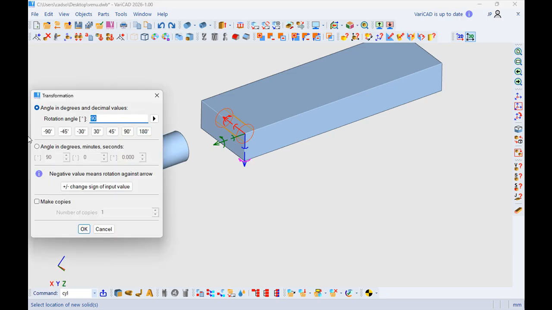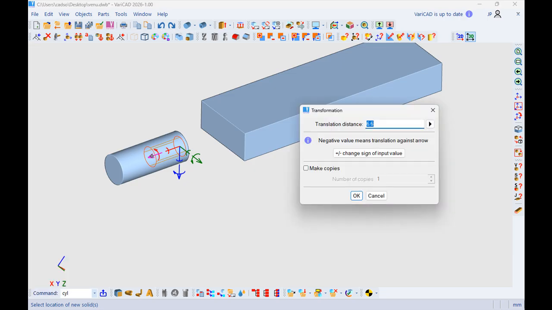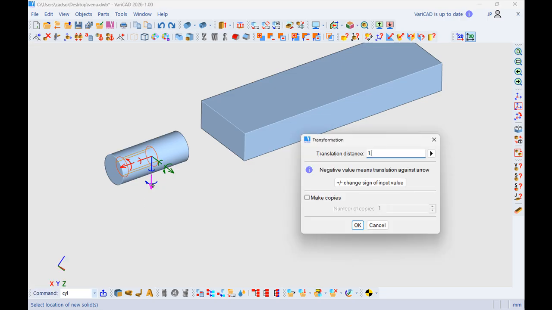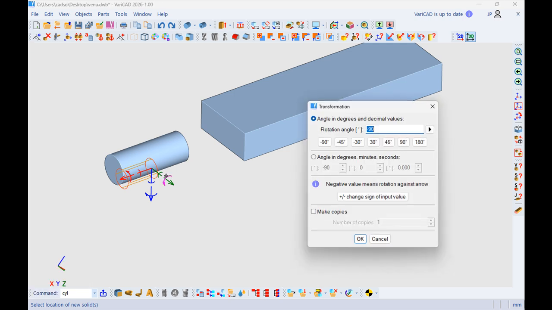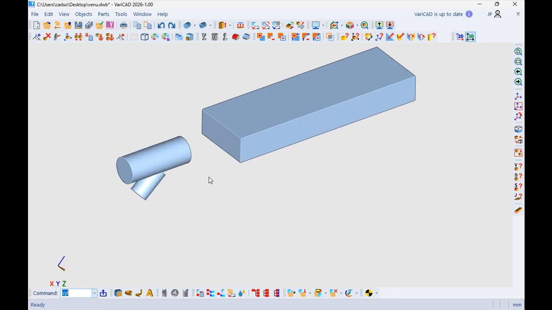Also position it on the correct place. And the correct place for now it is this center, and now move it 1.75 and rotate it 42 degrees. Perfect.